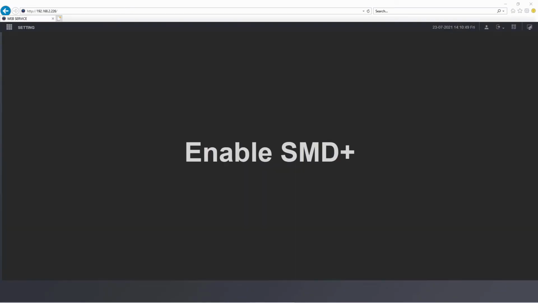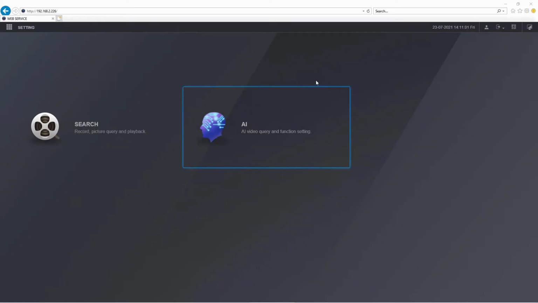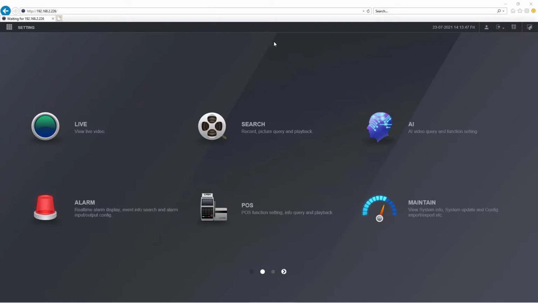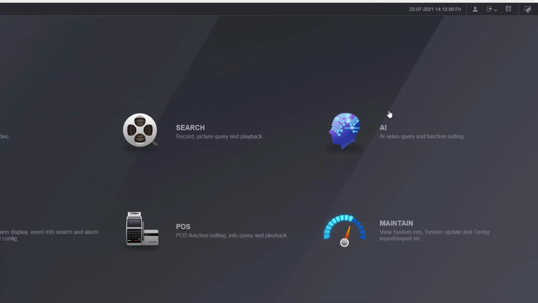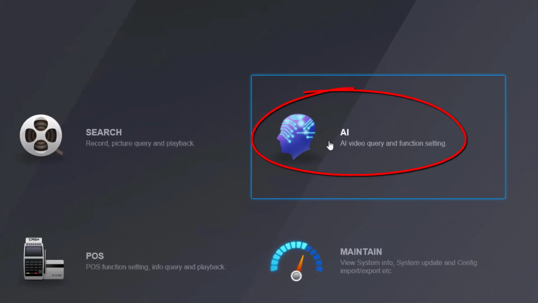Now it's time to actually enable the AI feature itself for the channel. So there's going to be SMD I'm going to show you in this example, and also perimeter protection. So SMD is quite simple, so I'll just log out and log back in as admin. Now to configure any AI feature, you do it from the AI menu from the recorder. So I'm going to click on AI,